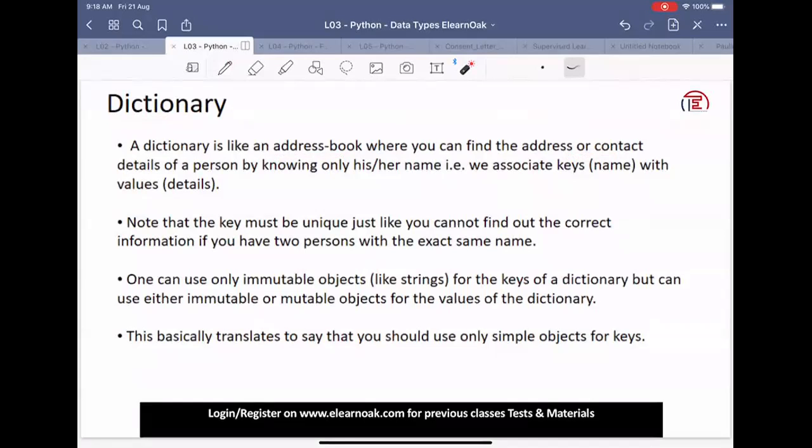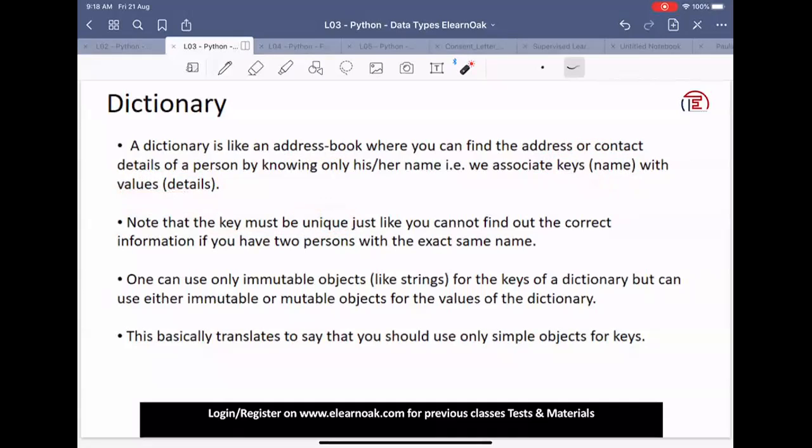That is what the concept of a dictionary looks like, where we have an address book. We have something called a key, the name using which you will search, and we have values, the details that we'll be searching. Let me show you certain examples. Also, dictionaries should have unique keys.